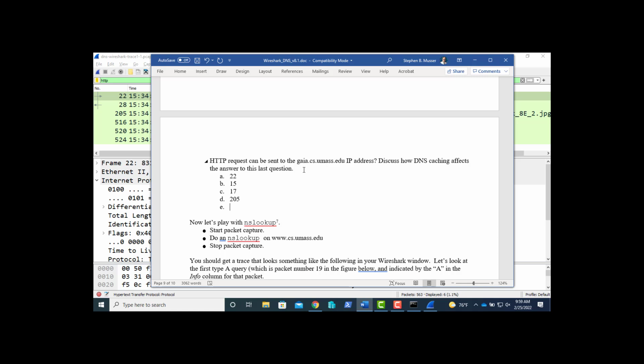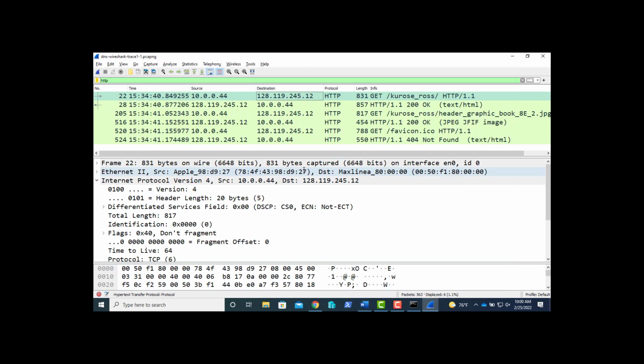So with that same thought, take a look in our HTTP. Packet number 22, the GET request for the web page, and packet number 205, the GET request for the image